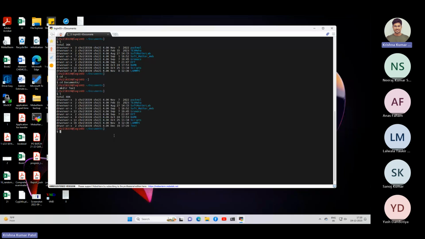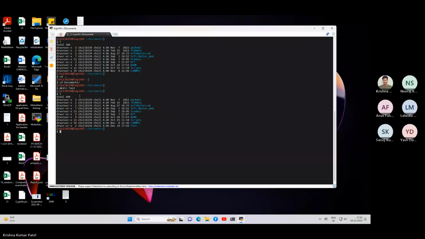And if I list again, you see I have test. So this L is a shortcut that I have created. Later on we can show how you can do that too. That L actually refers to ls -ltrh. All these flags you will learn later probably. Ls is simply to list the files, and this one is for long, L. T I think is for time, and R I'm not sure, but H is for human readable format of this